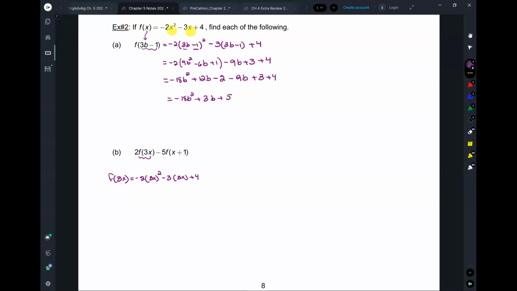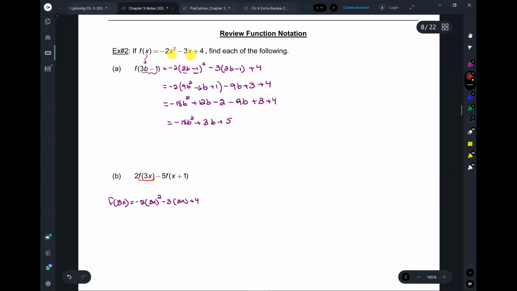Okay, where I'm just doing this, f of 3x. What's f of x? It's this one, right? So I'm putting 3x, I'm just f of 3x, not the